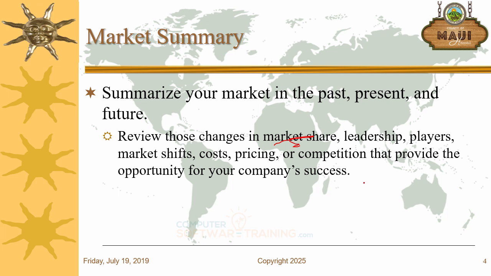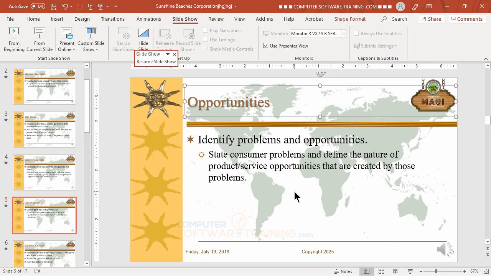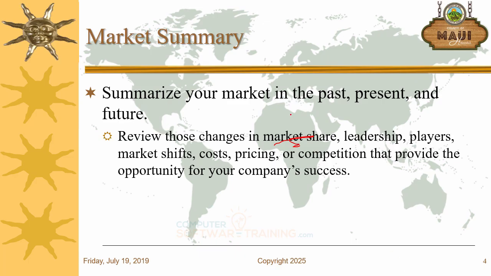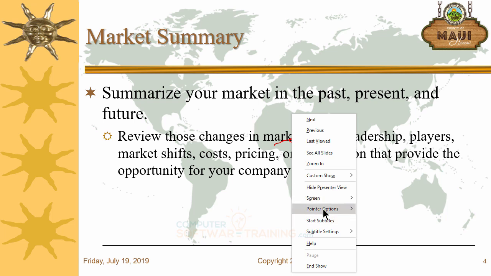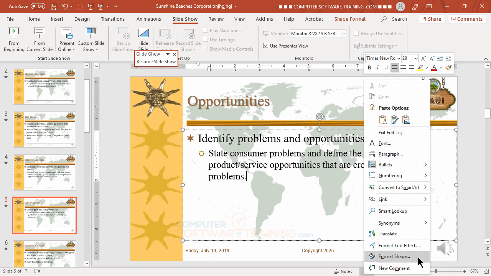Now, if you want to turn off the ink, all you have to do is right click on it. It keeps on popping out there, you guys. Sorry about that. So right click it, we go over here to our pointer options, and then we go back to,